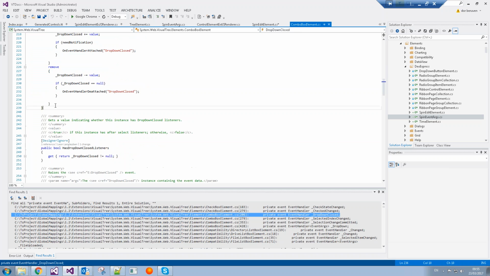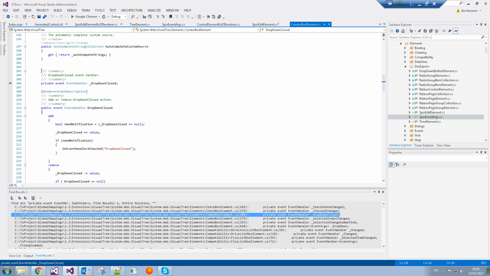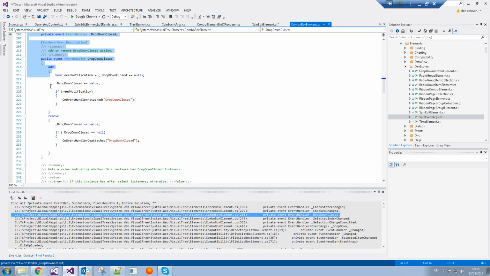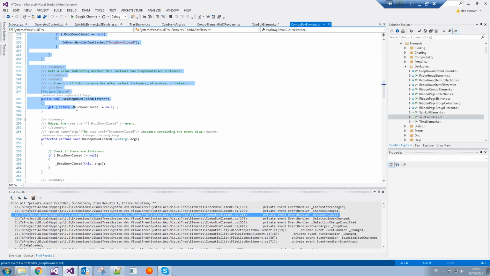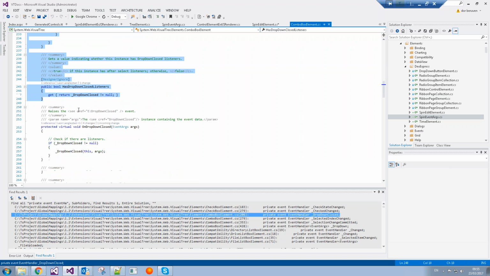It seems like it should have been stuck for 1 second. We will copy the private, the public, and also this property, has dropdown closed listeners, and also